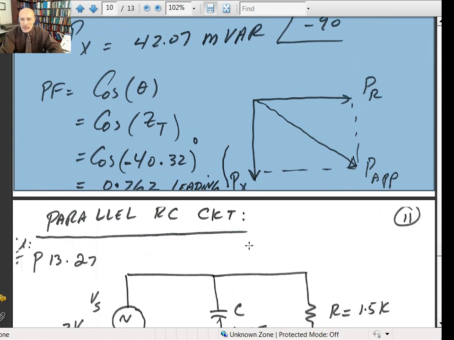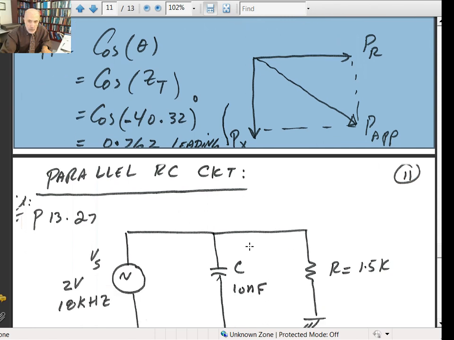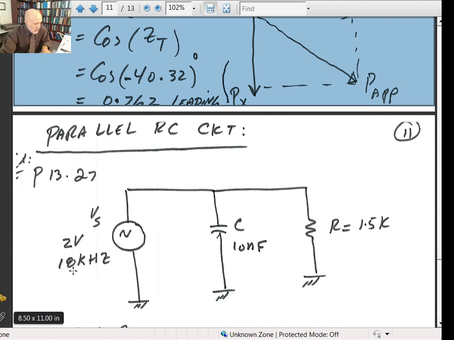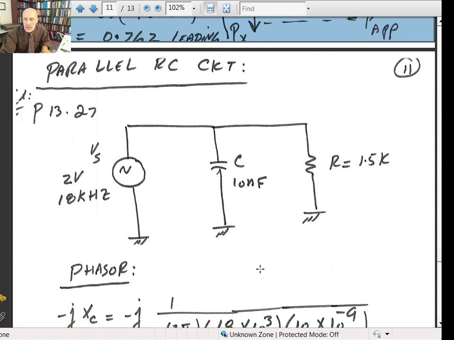Let's look at the parallel RC circuit. To do that, again, we can do an example, problem 27. It says calculate the impedance, current, and power values for the circuit shown in figure 13.41A. Figure 41A gives you 2 volts at 18 kilohertz frequency. It's across a parallel combination of a capacitor of 10 nanofarads and 1.5 kilohms. Given a frequency and a capacitive value,